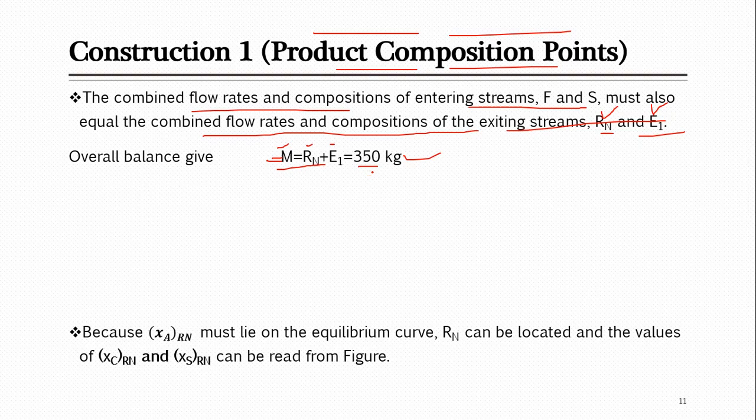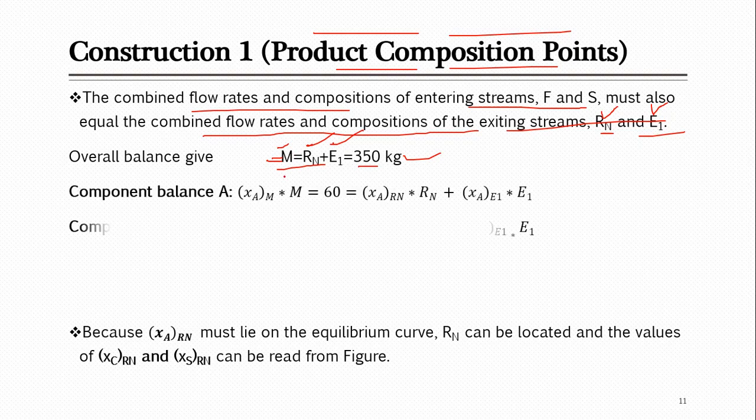Now after this, for composition, as we have done previously a few slides back, we looked with the help of component material balance. So here again you can apply the component material balance. You know that this mixture M is separated into raffinate and extract. So everything which goes to raffinate or extract will be coming from this M. So let's apply the balance.